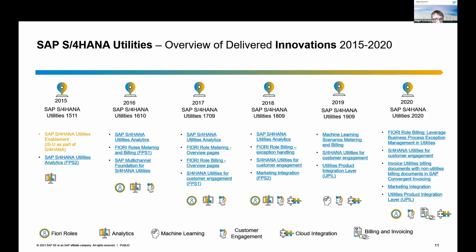with the availability of our industry-specific solution as part of S/4HANA, and then over the course of years, really innovated with different pieces. And you can see here the latest major shipment back in 2020 with several things on Fiori, on the integration part, on the customer engagement, etc., etc. And behind each of those, you will find much more detailed information that will guide you through our roadmaps tool that I will show and explain to you in a couple of seconds.